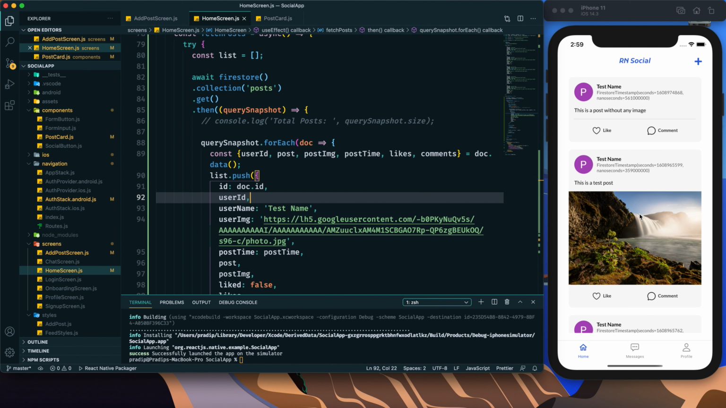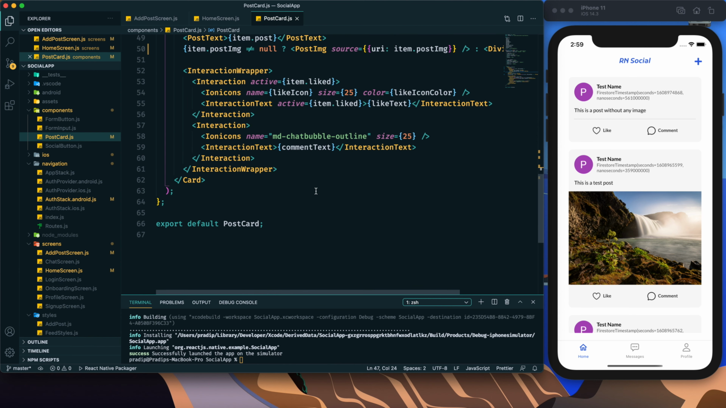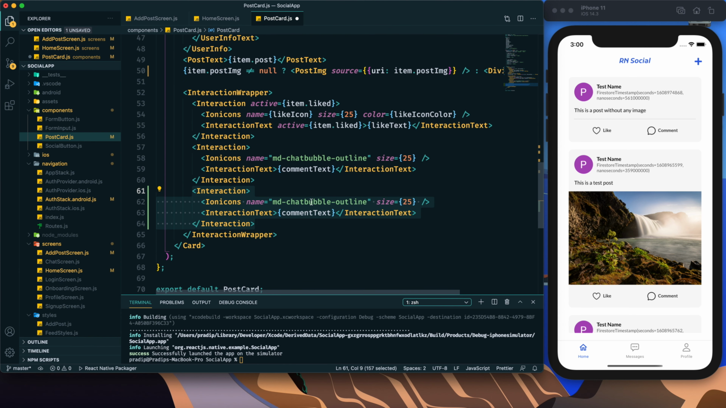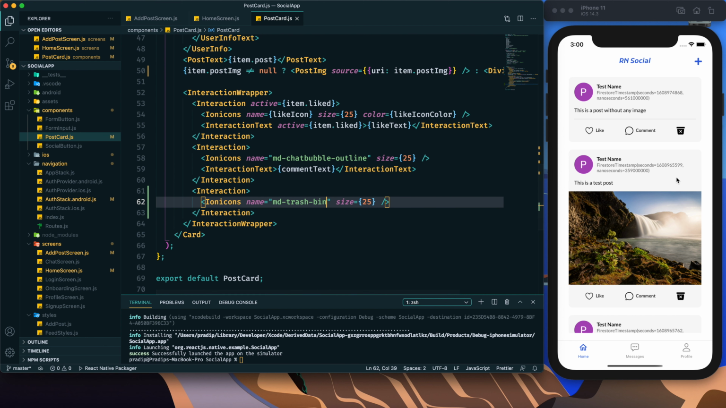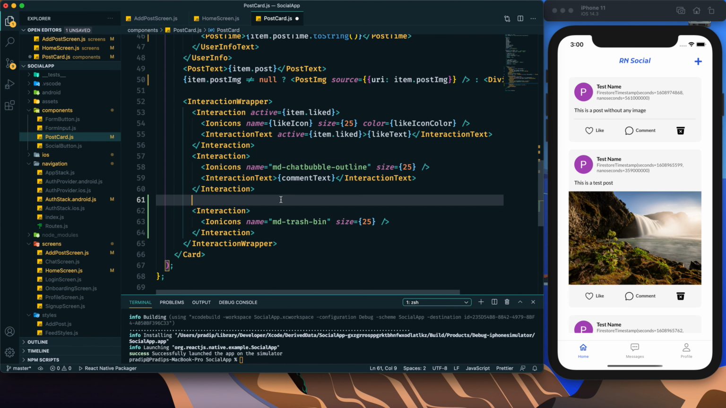Now I'm going to show you how we can delete the post. So the current user is creating this post, right? We can display a button over here, a trash bin, and I will display this button if the post has been created by the user. So any logged in user will be seeing this button if that post has been created by that particular user. So for that, here I need to provide a check, and for that check, first I need